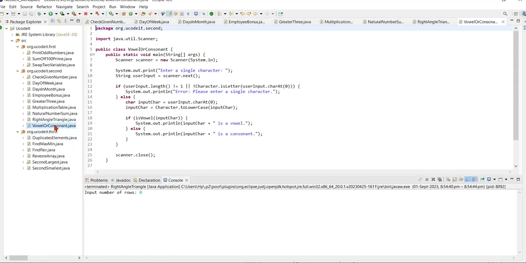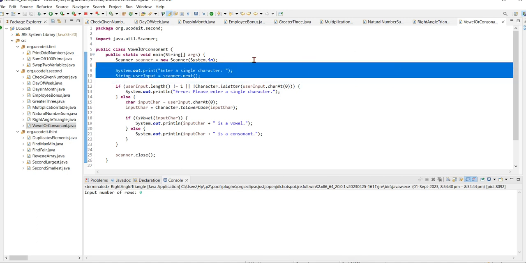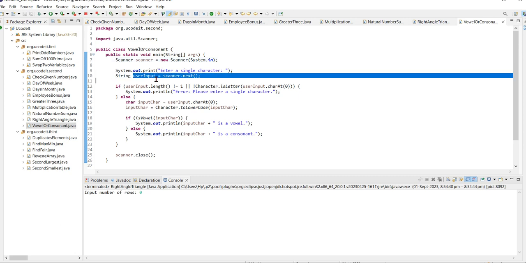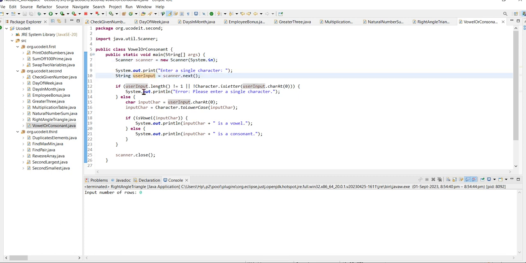And the last one is, here I am checking whether the character the user entered is a character or something else. I'm asking the user to enter one character. The reason for next is that it will take one string, the last string that is stored in the user input. And then I'm checking if the length of this is 1,